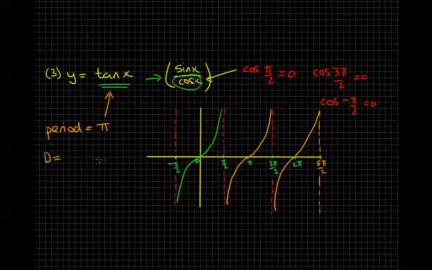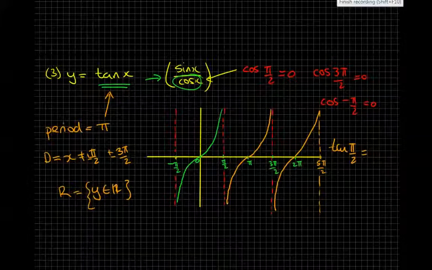And the domain, well, you can put any number in apart from pi over 2. You can try it yourself. If you did tan of pi over 2, it'll come back with an error. So it can't do plus or minus pi over 2. So hang on, it needs to be x doesn't equal plus or minus pi over 2 or plus or minus 3 pi over 2. But the range is the whole of the y-axis. It can be any number. And they're the three functions. Okay, we're going to build on this